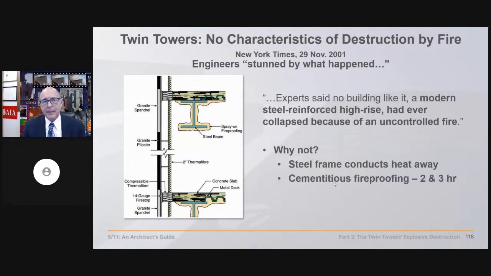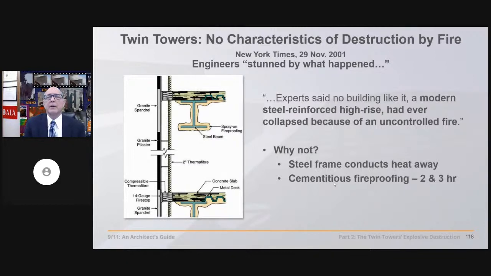But just to keep that from happening, we also put fireproofing on, 6 times the amount of fireproofing that we would ever need in order to keep that heat from getting to that temperature.